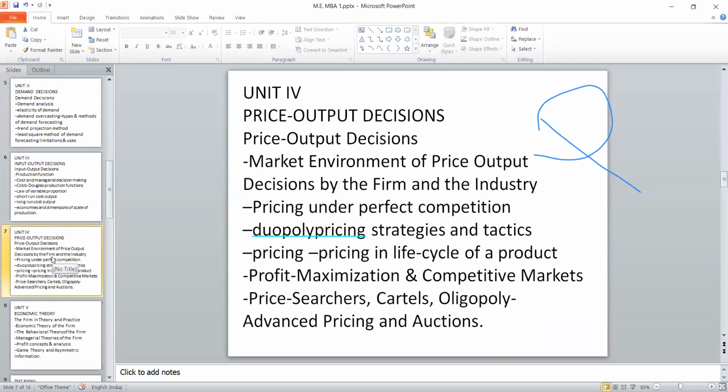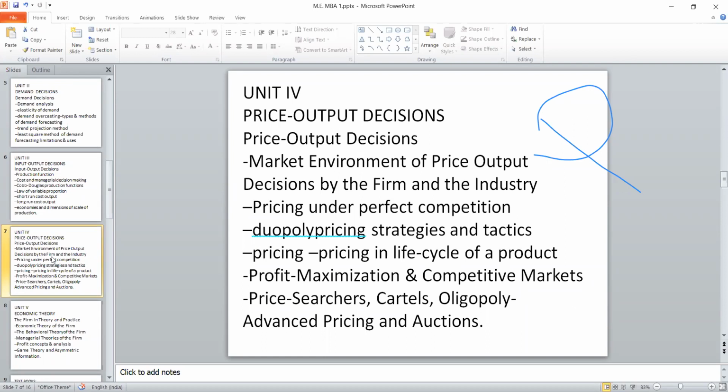For that, we should know the different types of market. There are two different kinds of competition: one is called perfect competition, another is called imperfect competition. Perfect competition has a list of features, and there will be equality of price and identical products. Imperfect means any one of the features is not followed. Imperfect markets include monopoly, duopoly, monopolistic competition, and oligopoly. In this, there will be a case study on duopoly pricing strategy and pattern.